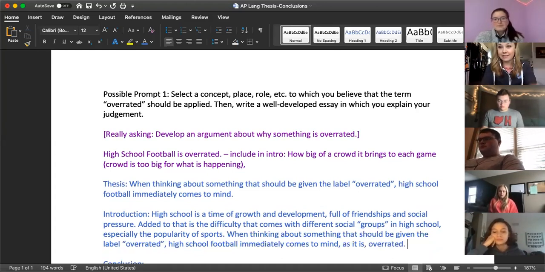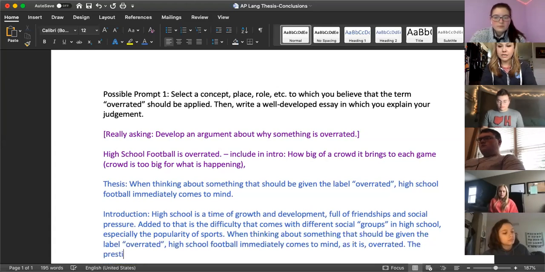Okay, so I just added that last thing to make it a little bit stronger there. And we could even say the prestige and attention that comes with being a high school football player is,